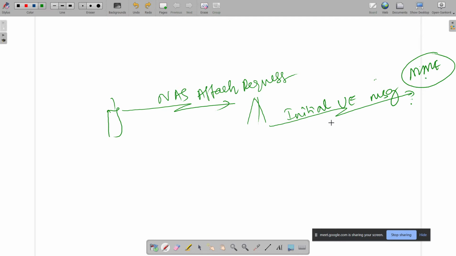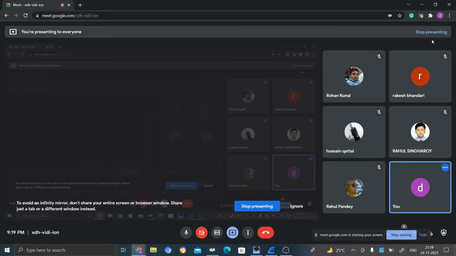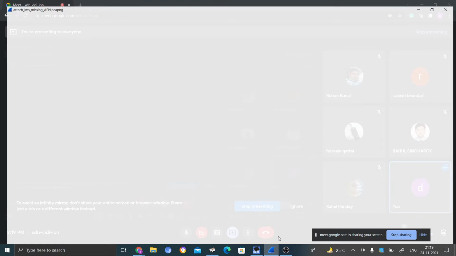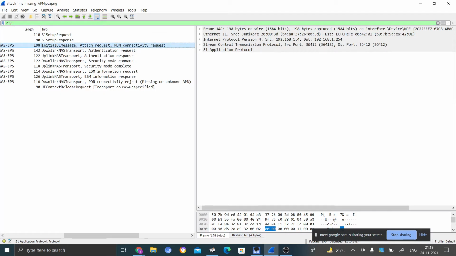In the initial UE message, as you can see, there is the attach request. Along with this, as I said, there is a PDN connectivity request. You can see three messages here: attach request, initial UE message, and PDN connectivity request.